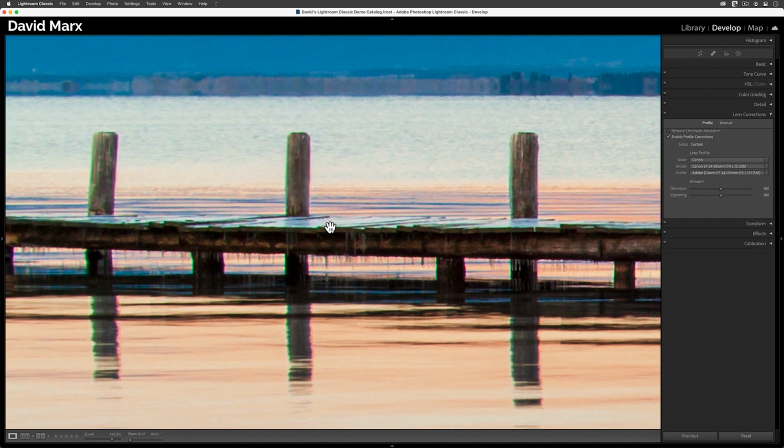can you see some really weird neon-colored green and red stripes running up and down along the sides of these pylons? Can you see these strange colored stripes down here in the water too? These stripes, along what should be a nice clean edge, are an optical flaw that we call chromatic aberration. Fixing this in Lightroom couldn't be easier, but before we make them go away, let me zoom out for a